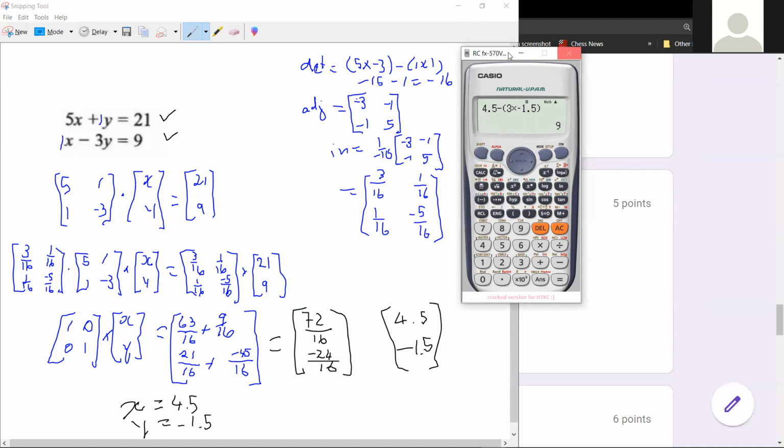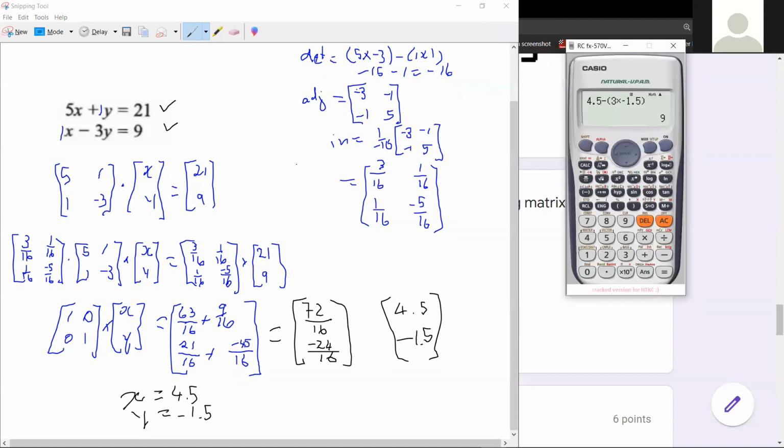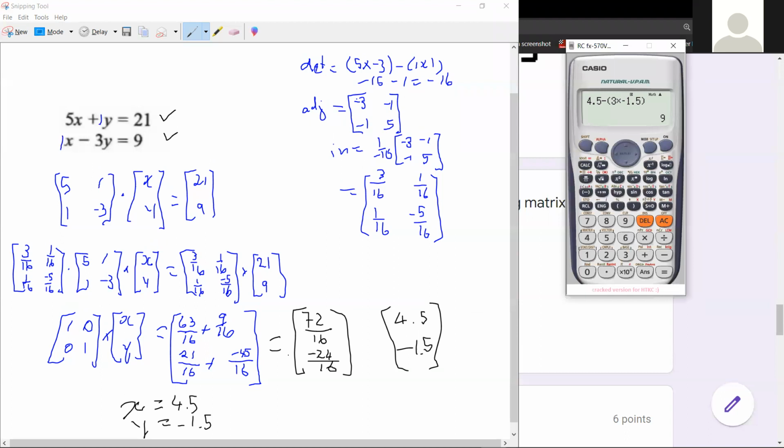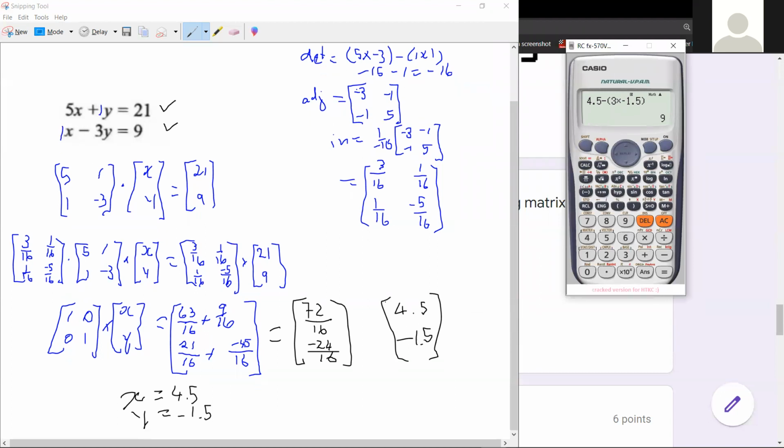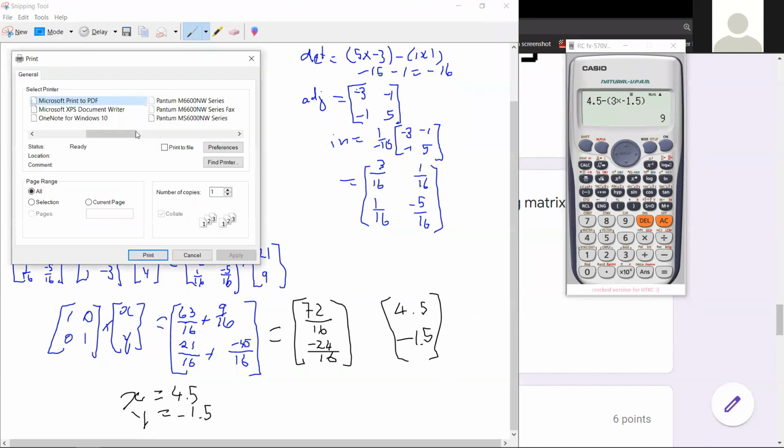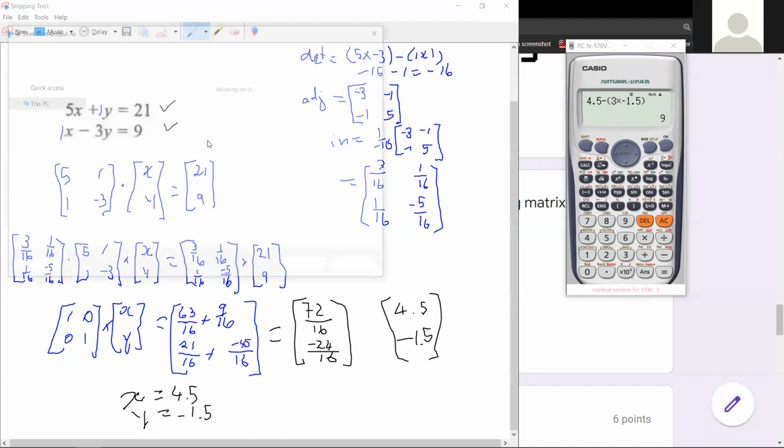So we just solved this using the matrix method. And if you had solved it on a piece of paper, then this whole piece of paper, we would then do the same thing with Adobe Scan. You scan the whole thing, and then we will upload it, all right? For me, computer method, I can just print it to PDF